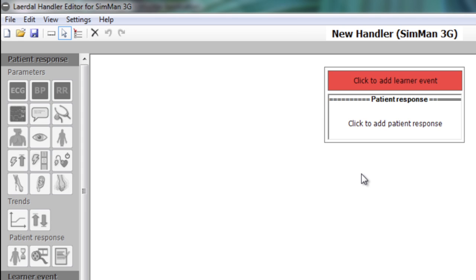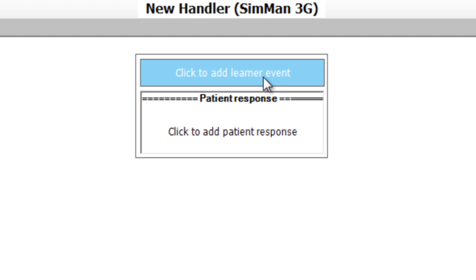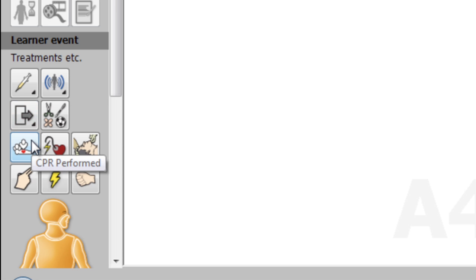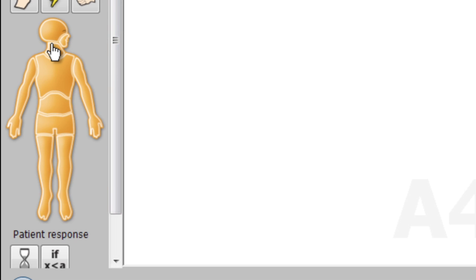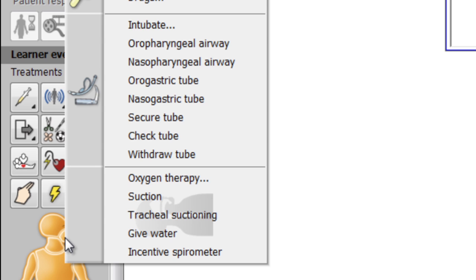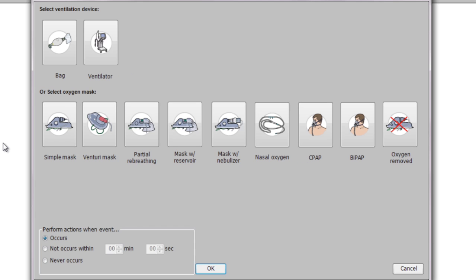Back under the learner events section of the empty frame, I'm going to click, which activates the learner event buttons over on the left. I know that I can click on different parts of this body to activate corresponding events. Oxygen should be under mouth and nose, and I can hover the mouse over this section to see what the section refers to. Once I click on it, I can look through a list and find oxygen therapy. Clicking on that opens another set of options, and I want to look for nasal cannula